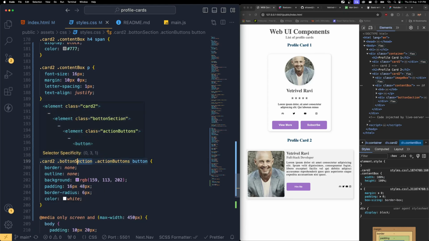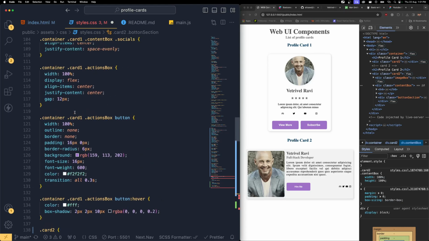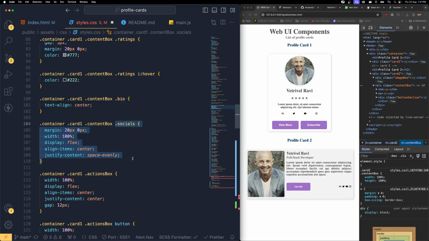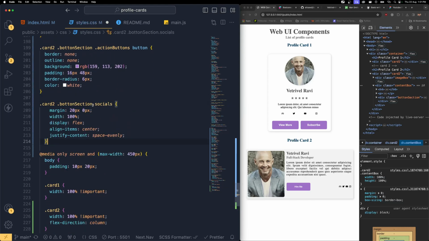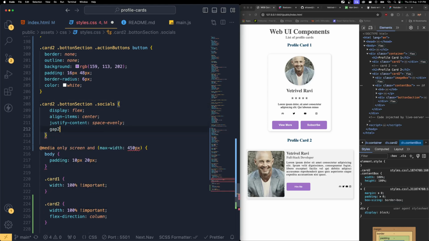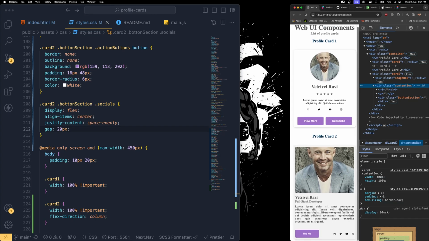Then right after this, I'm going to copy the styles of the socials, where it is, socials. I think this is the one. Copy this and paste it over here, and remove this margin. We don't need the margin, and I don't need this as well, and I'm going to increase the gap as 20 pixels. So this is how it should look like. Perfect. All right, so now if I switch back to the normal, this is how it looks on the mobile